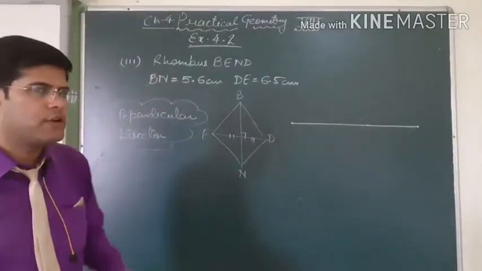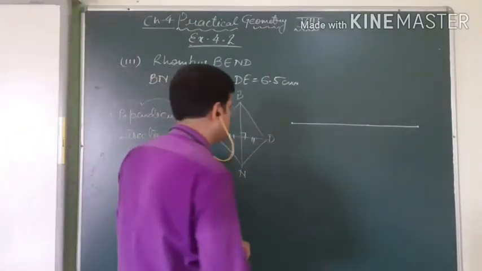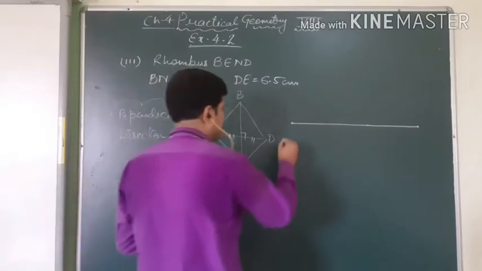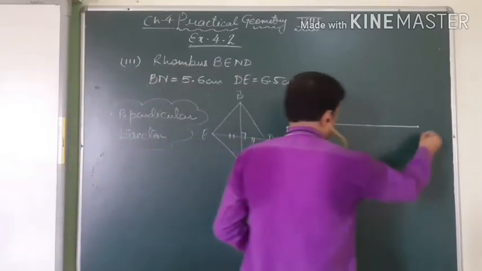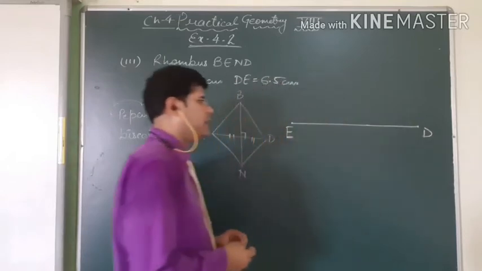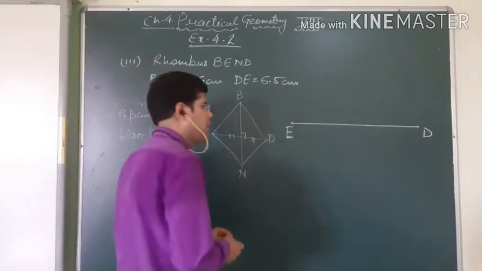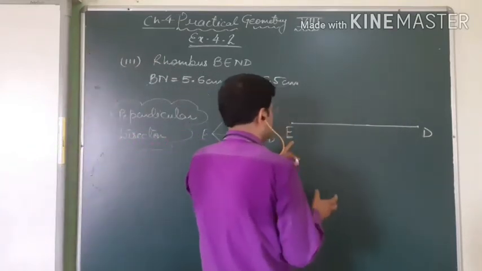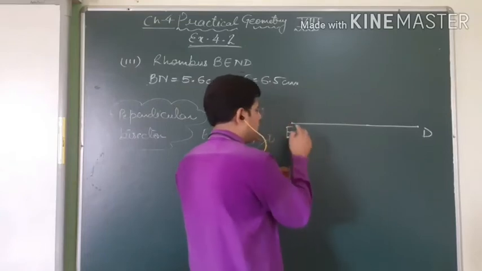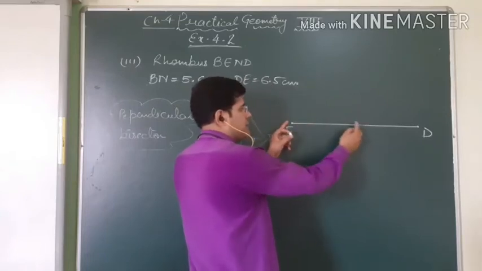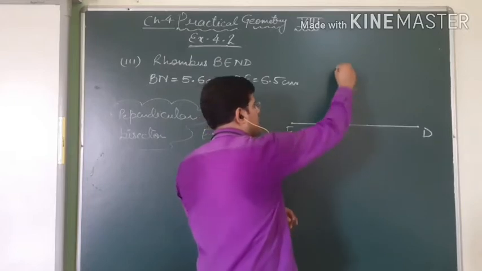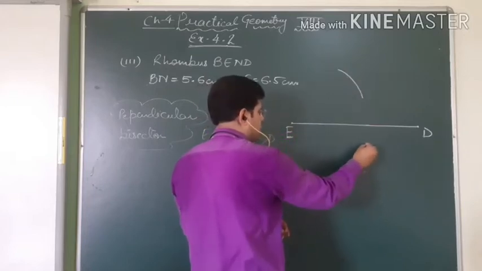Now students, after the rule, how do we make this quadrilateral? Firstly, we have to draw a line segment ED. Through point E, take an arc more than half, as in put your needle on E and stretch your compass more than half. Make an arc in the upward direction and in the downward direction.